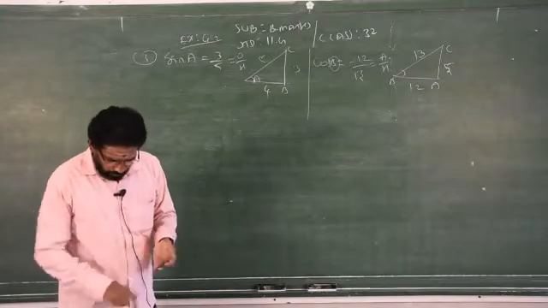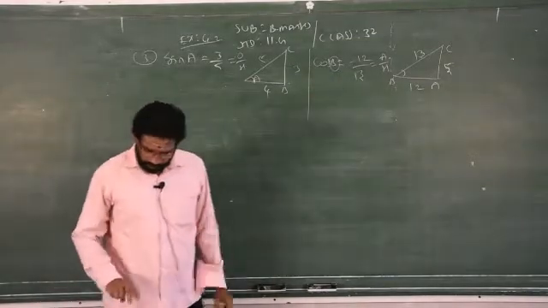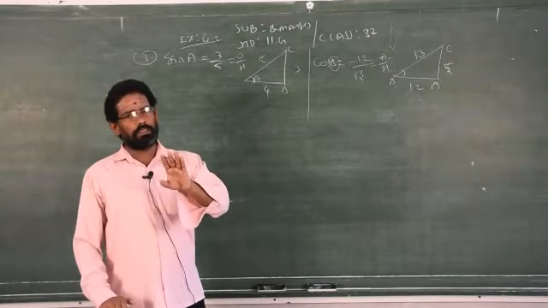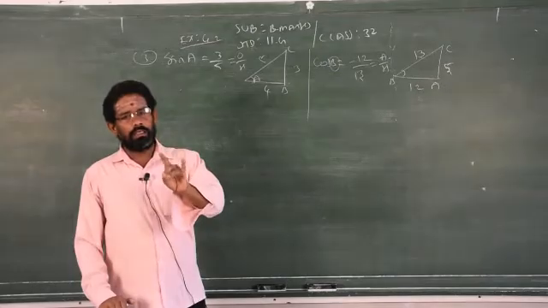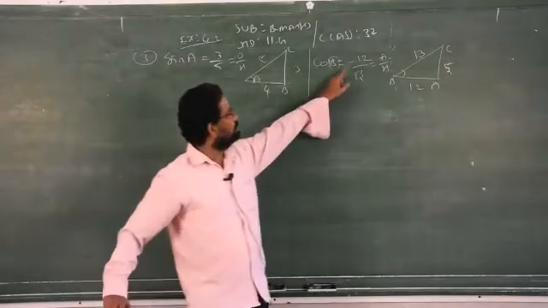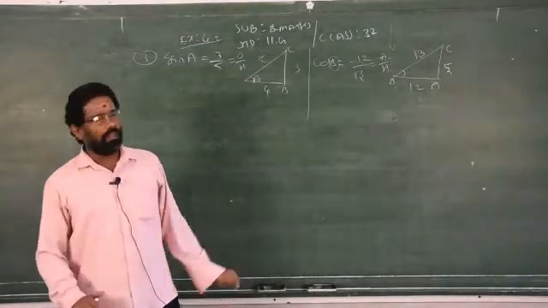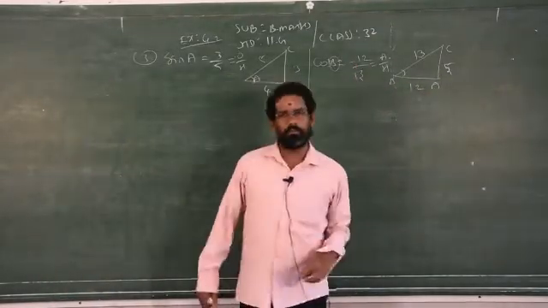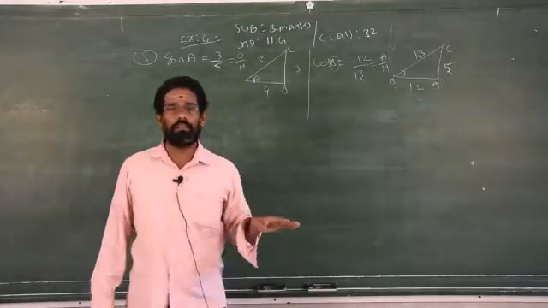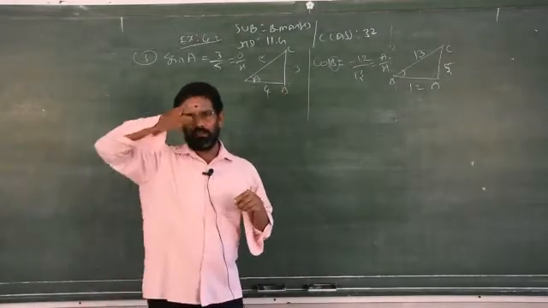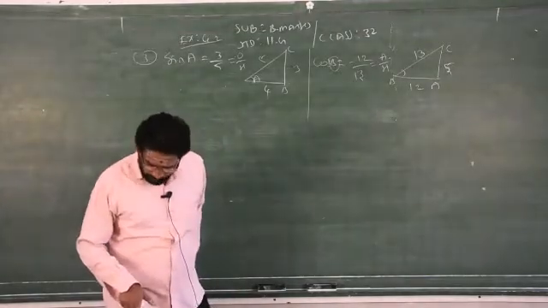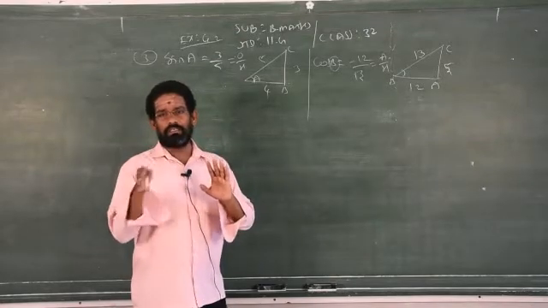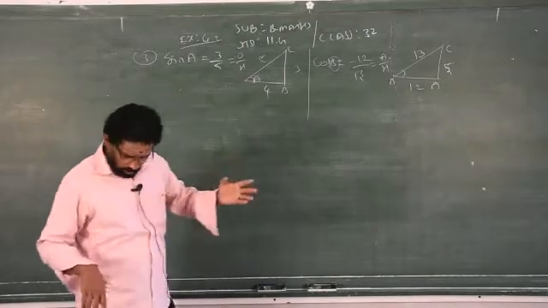Now remember, angle B lies between 180 and 270, that is, in the third quadrant. In the third quadrant, which ones are positive? Tan and cot alone are positive, others are negative. That's what they mentioned here as the minus sign. Clear? So when you go for finding the remaining sides of the given triangle, don't take the minus sign. That negative indicates which quadrant angle B lies in: the third quadrant. It is given already in the question. Clear? So you have to remember the ASTC, and based on the concept you have to do it now.